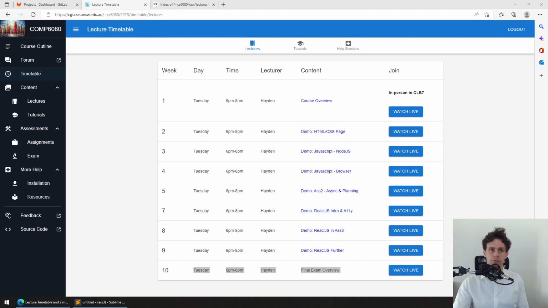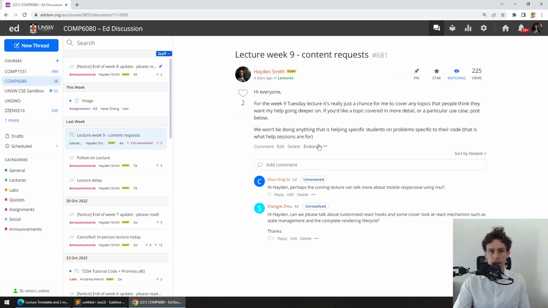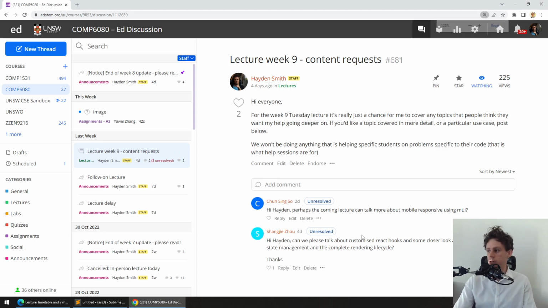Now, I did make a forum post about week 9 lecture content requests, and I didn't get a lot of interest from it. So tonight we're going to be relying on the interest of people live in the lecture, as well as these 2 comments here. In terms of these 2 comments we see here, I can address them pretty quickly. So Shangji